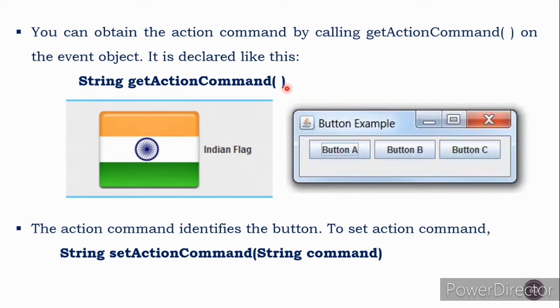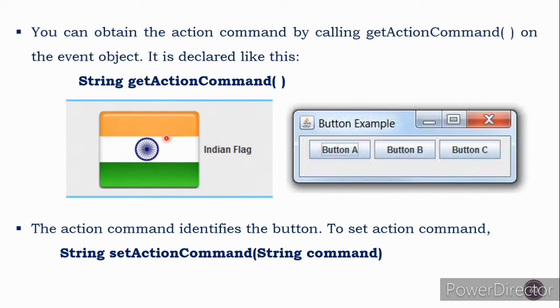Action command is just a string that serves to identify the component that sent the event. Suppose, see here, this is also a button, but there is an icon, the India flag displayed here.